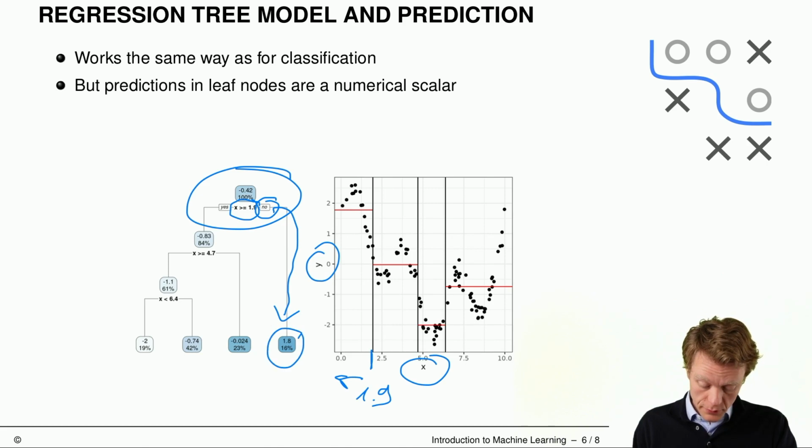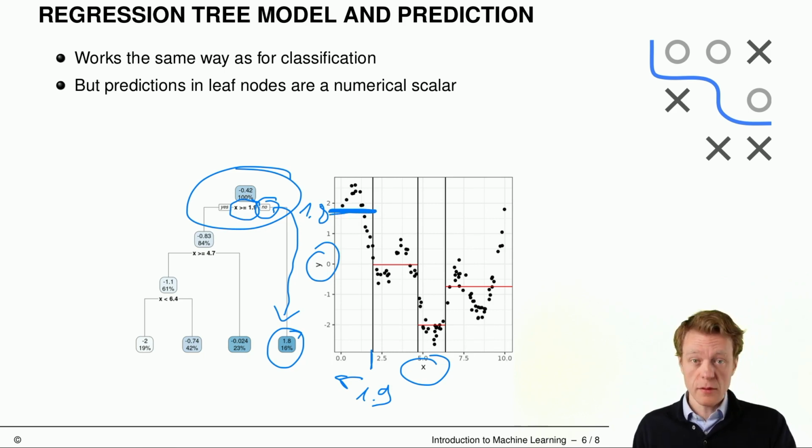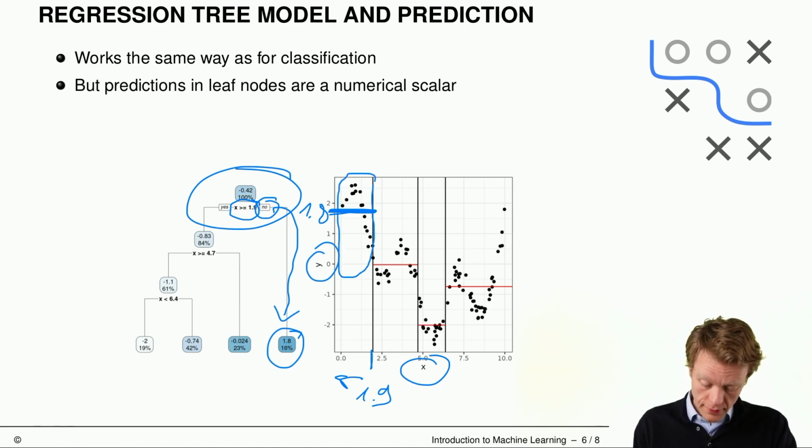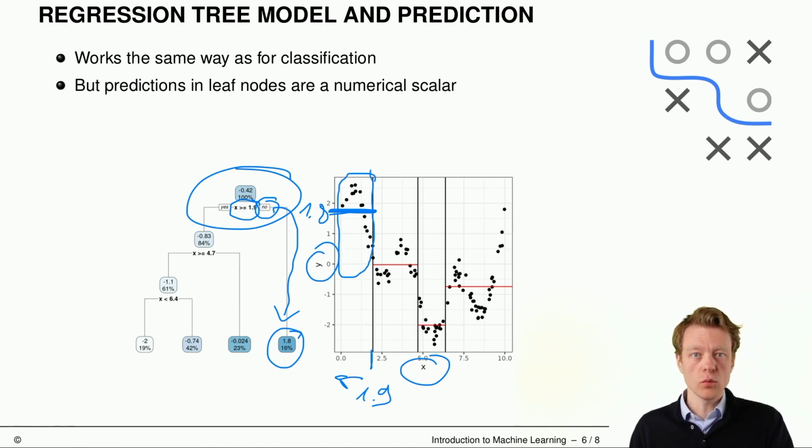And the first number in that leaf tells us the constant prediction, which is 1.8. So this value here is 1.8, which is kind of the best prediction we can make looking at these data points here. This will basically be the empirical mean of those data points,